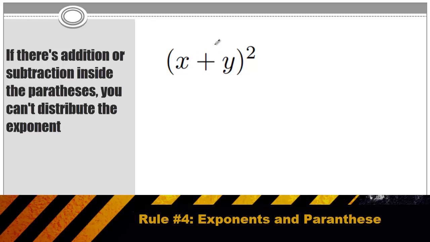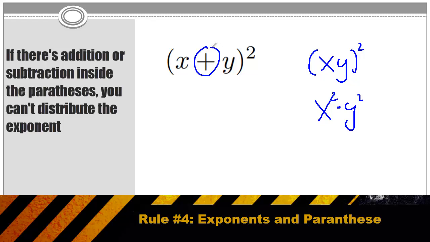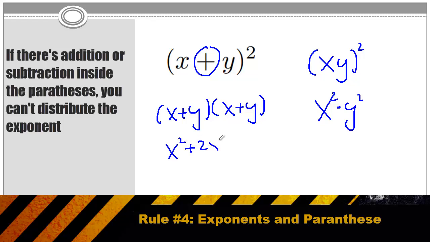If this problem had been written as (x times y) squared, then you could rewrite that as x squared times y squared. But because we have the addition symbol, we actually have to rewrite this problem as (x plus y) times (x plus y). And then it becomes a standard quadratic equation, and you have to use FOIL, where you multiply first, outer, inner, last. And your final answer becomes x squared plus 2xy